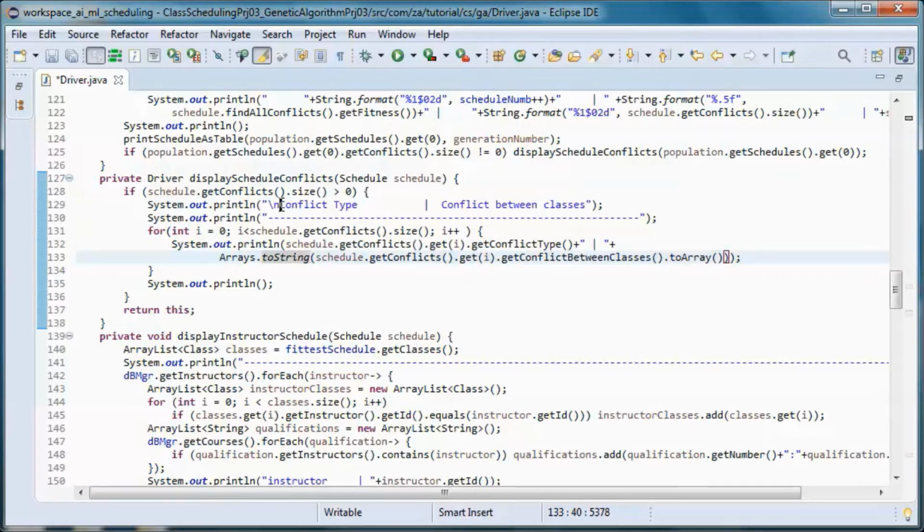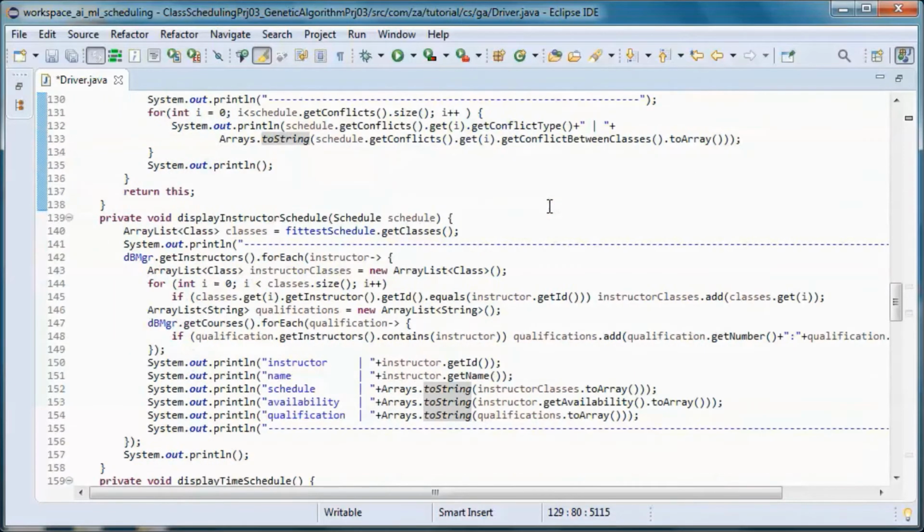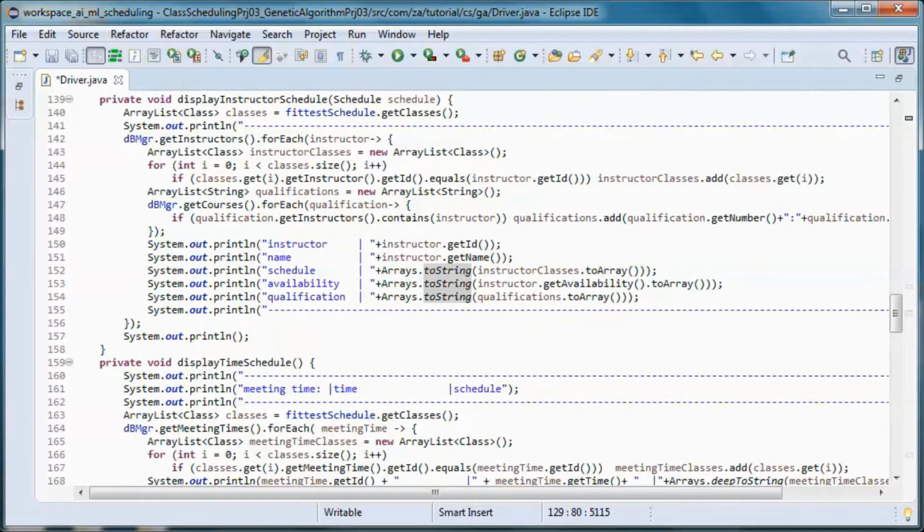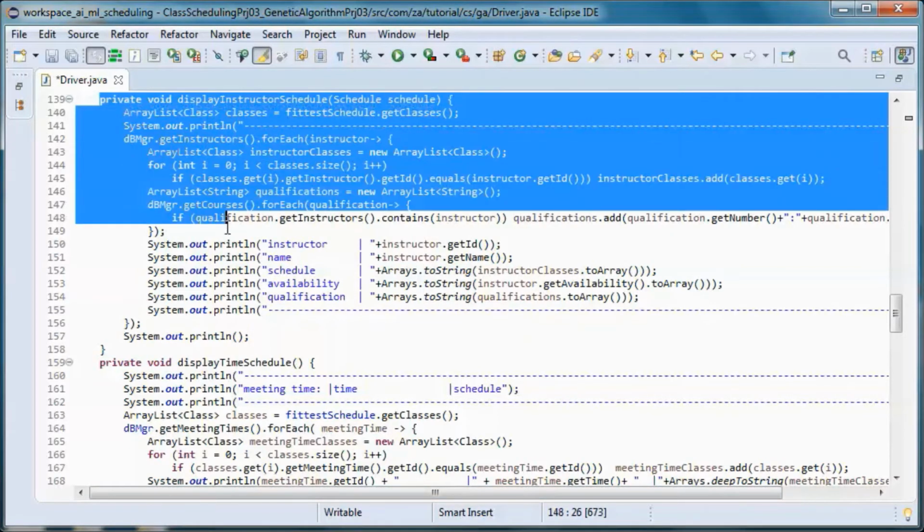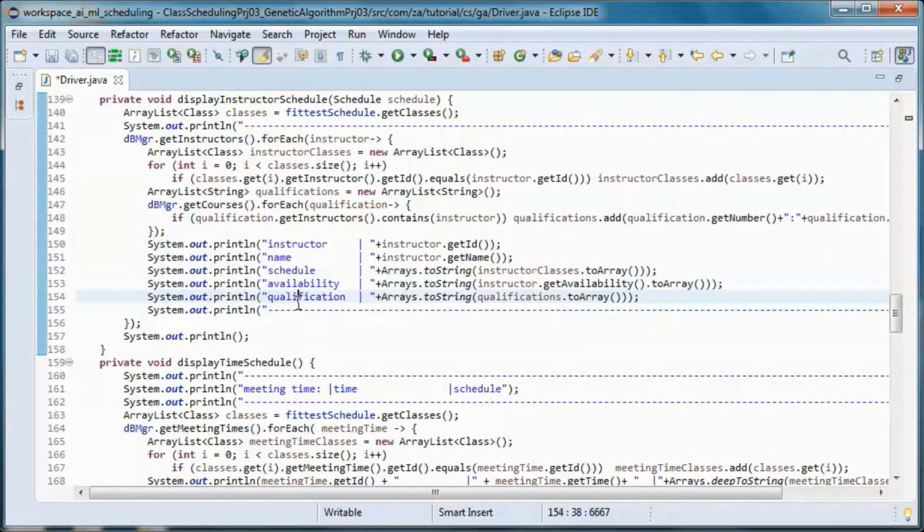So the conflict type and which classes the conflict is in between. And here we are displaying the instructor schedule.